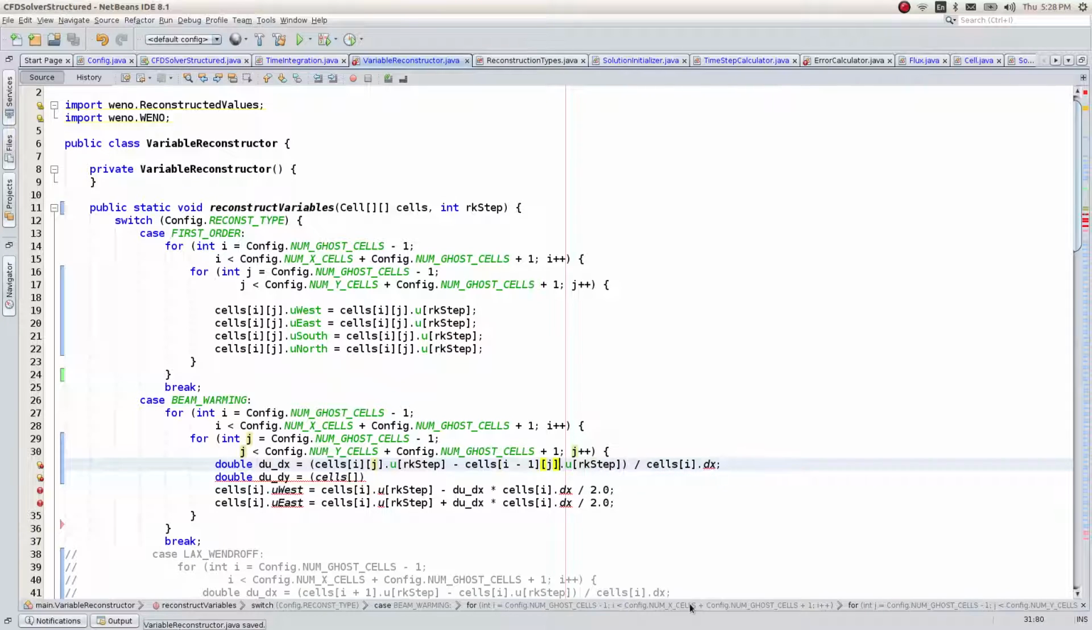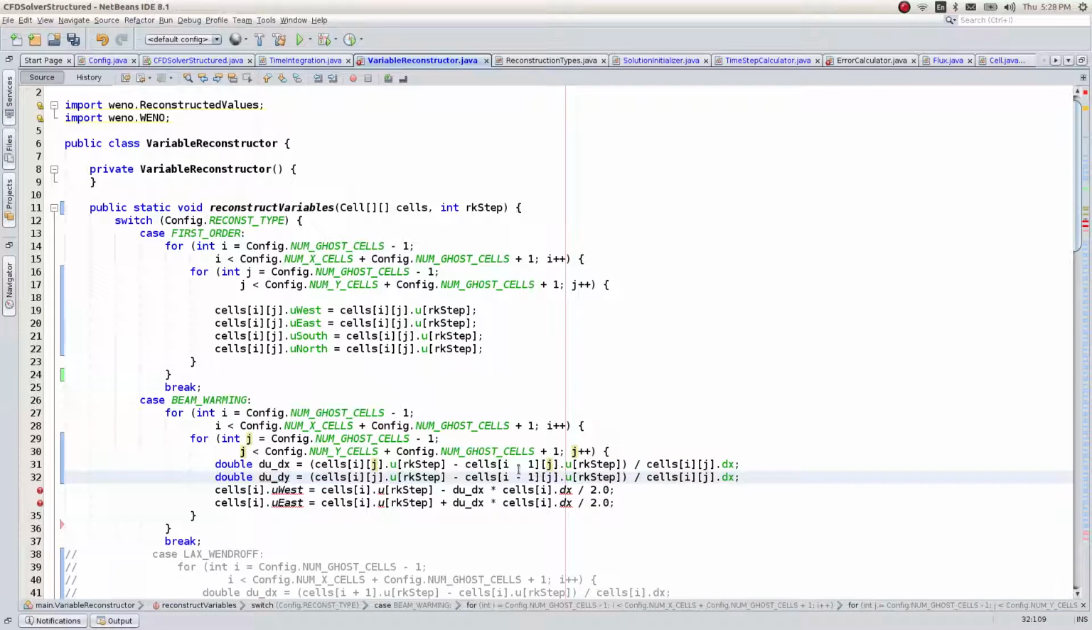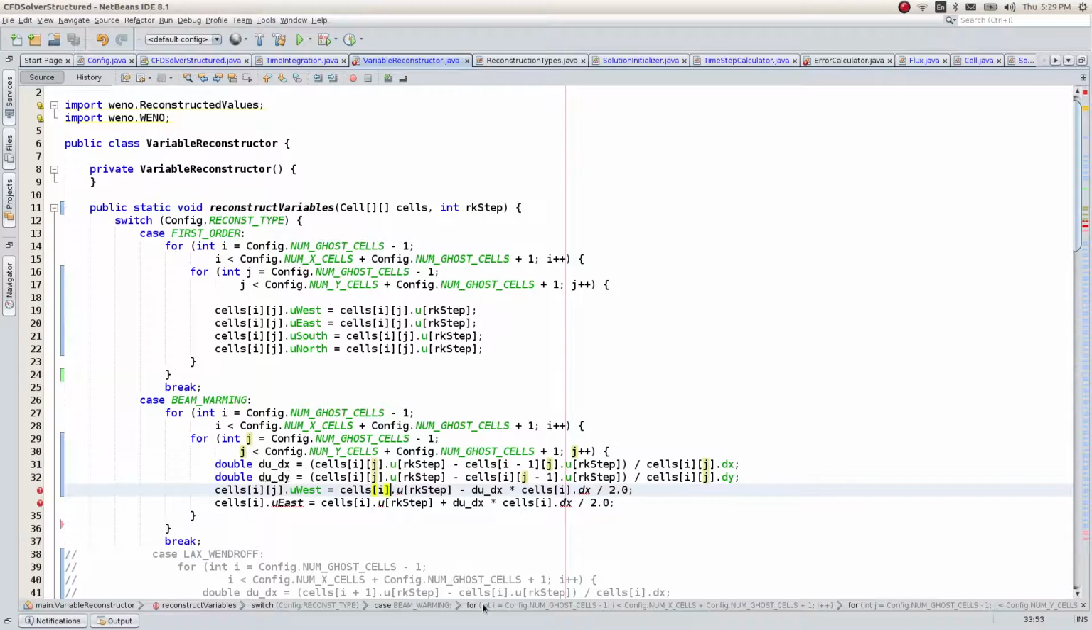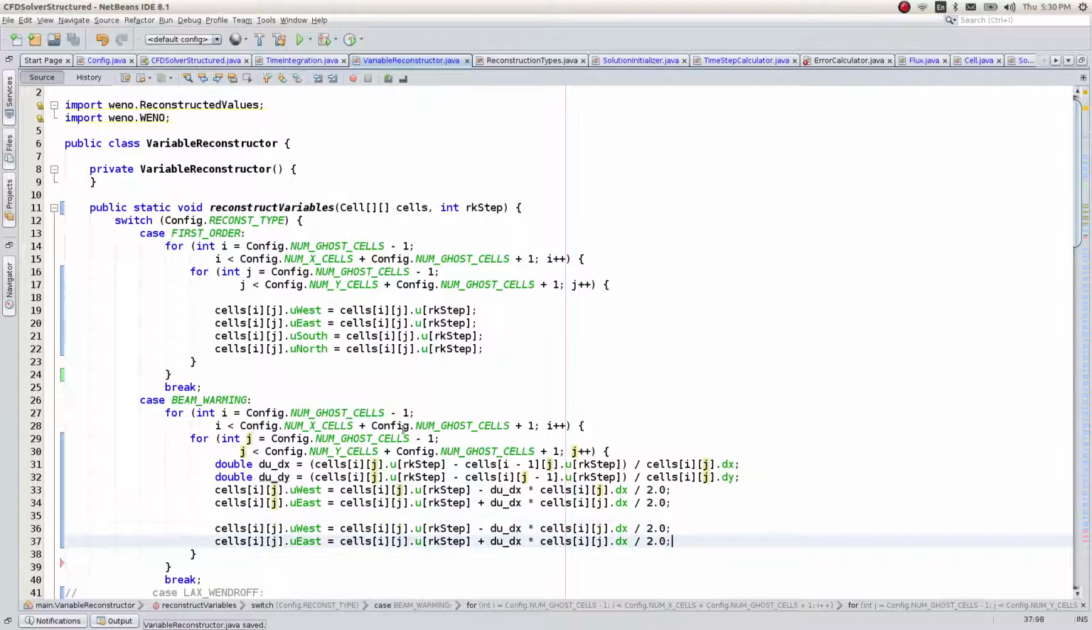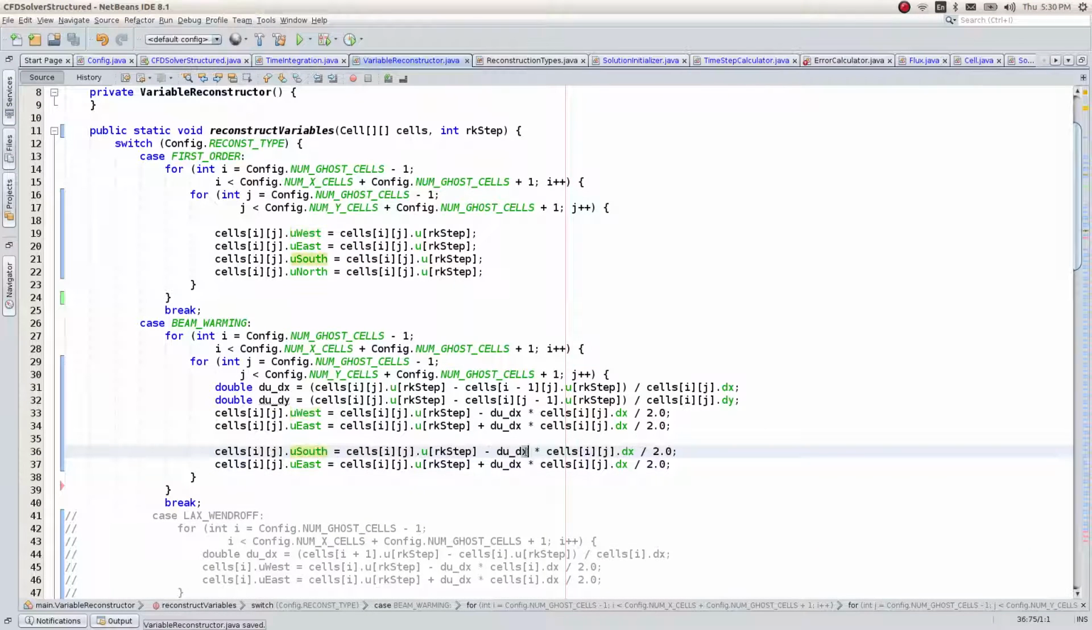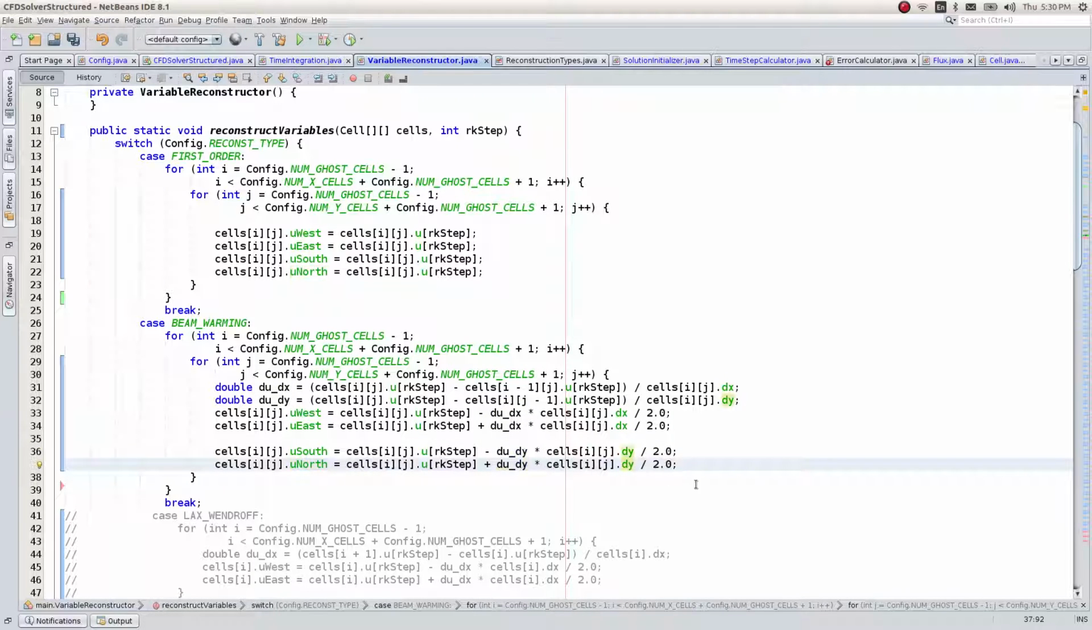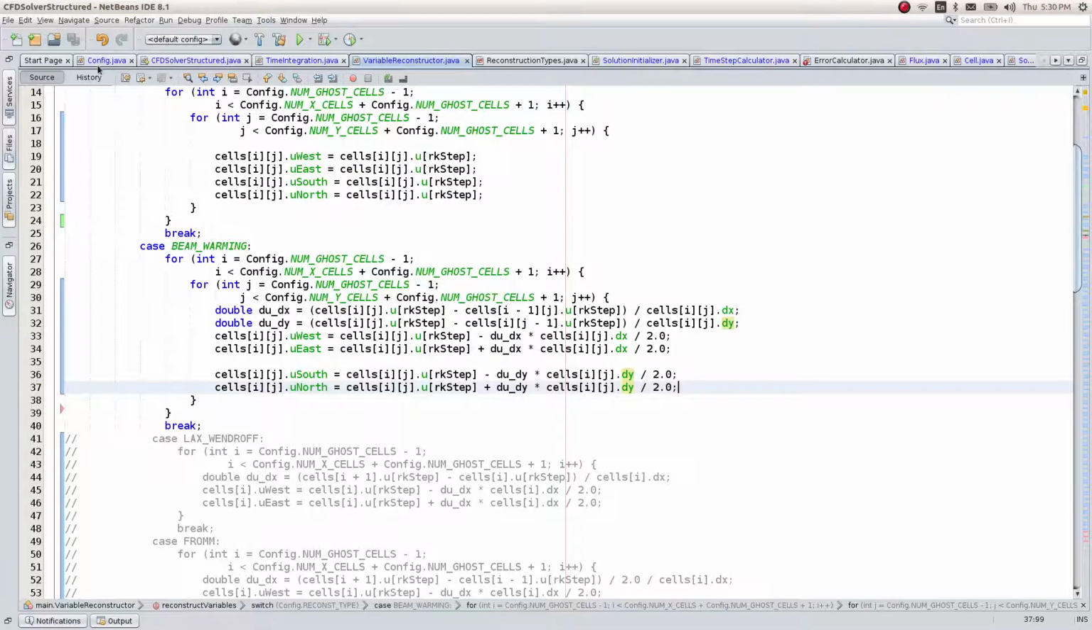So let's do it. So here again I am adding a 2-dimensional derivative here. Once I calculate du by dx and du by dy, now I can simply move in that particular direction. U south is going to be the u value minus du by dy into delta y by 2, and similarly north is going to be